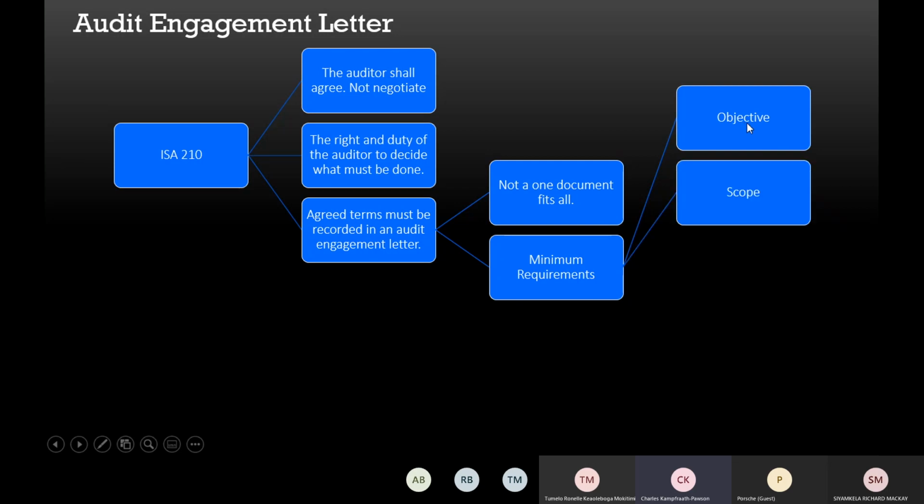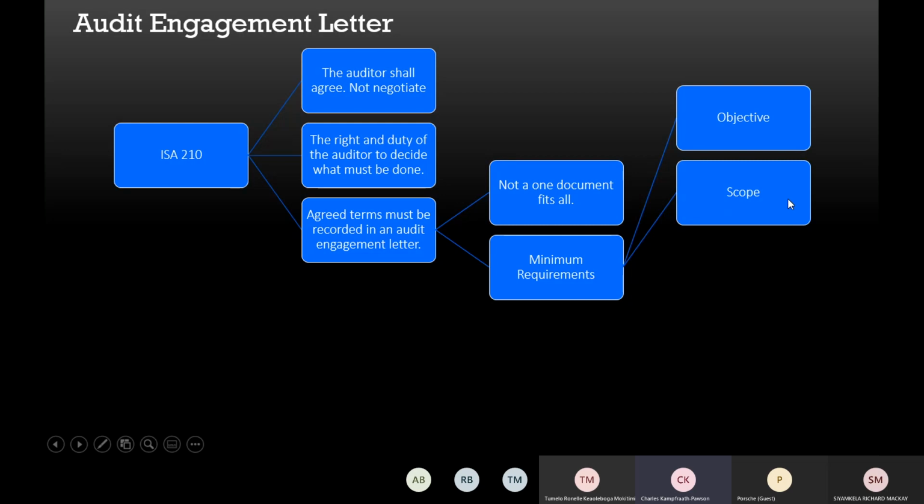Secondly, we're looking at the scope of the audit, and we will further go into the scope of the audit. So the scope is literally telling us what's going to be included in our audit bubble. In other words, if we give reasonable assurance, it means we gave that reasonable assurance over everything that's included in our scope.